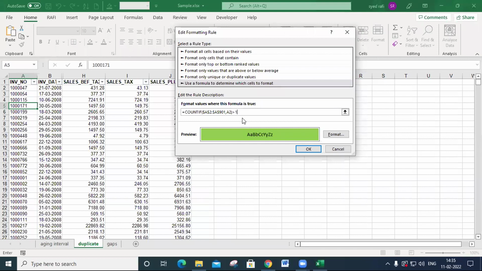I hope you can understand. When this formula is true, only then will this format be applied. If this condition is false, the format can't be applied. I hope you can understand. So this is the logic to find the duplicates.